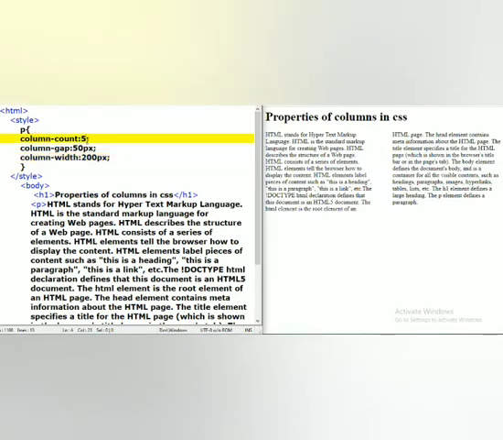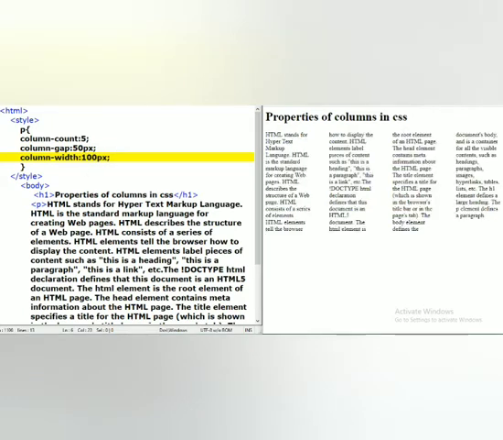Here I am declaring 5 columns, but it is displaying only 2 columns because 200 pixel spacing is not available on this screen. That is the reason it is happening. If I reduce it to 100 pixels, one more column can be added. You can make out the difference. Everything depends on the size of the screen. Now the size of the screen is very small, so we can't apply a count, width and gap larger than the width of the screen.